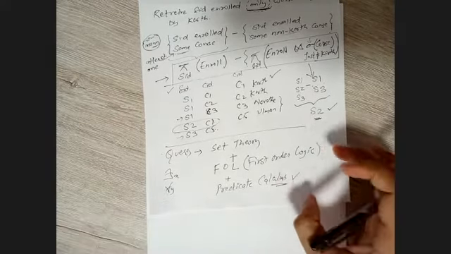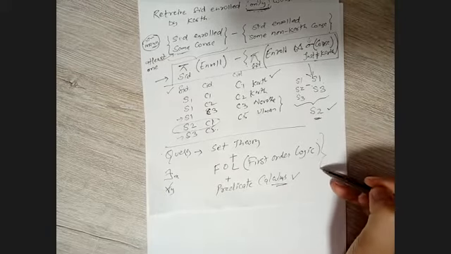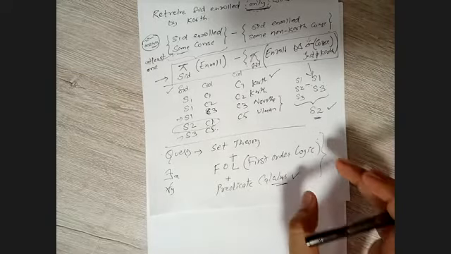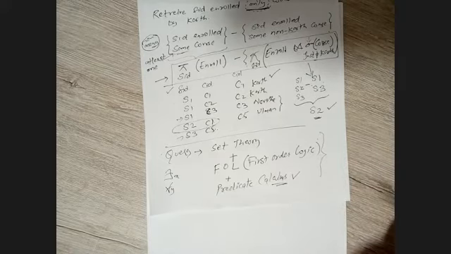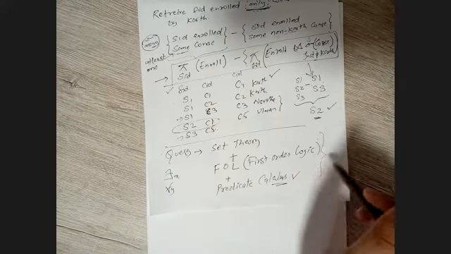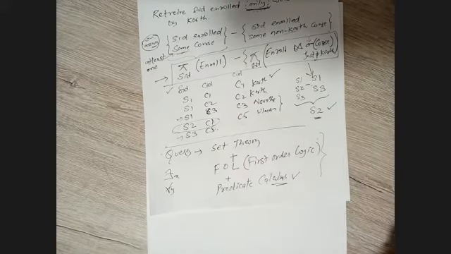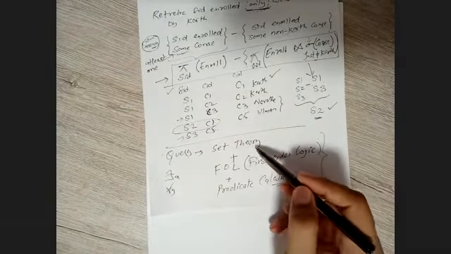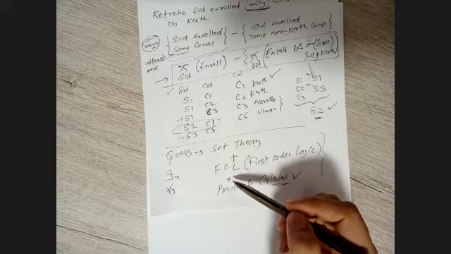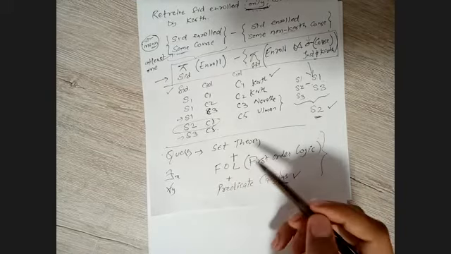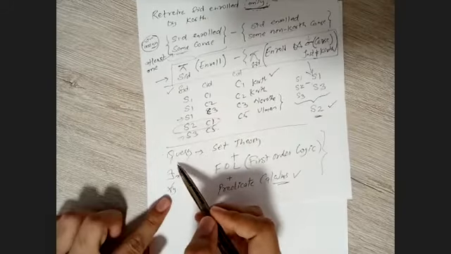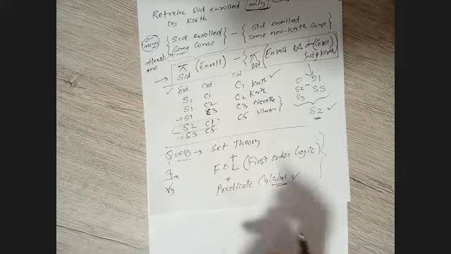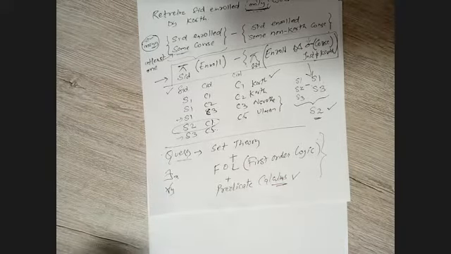So if you have the knowledge of these three things, queries are nothing. It's a very easy part because these things are generally used for visualizing your database table. If you want to retrieve some values from the database table, you will be using these three things. If someone knows set theory but doesn't know first order logic, they will not be able to perform the queries properly. It is a must that the knowledge of these three topics is there properly.